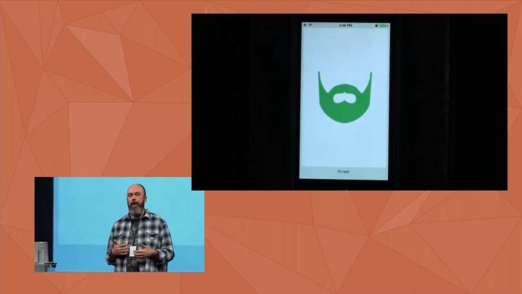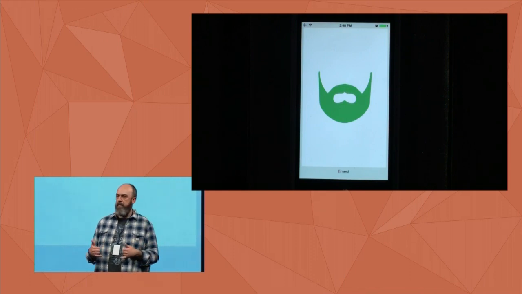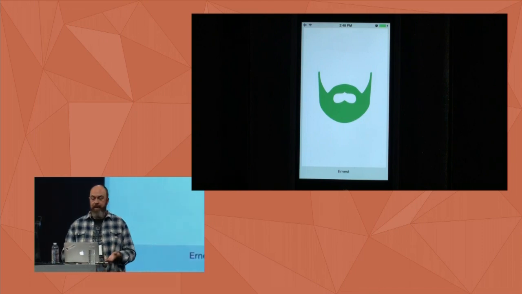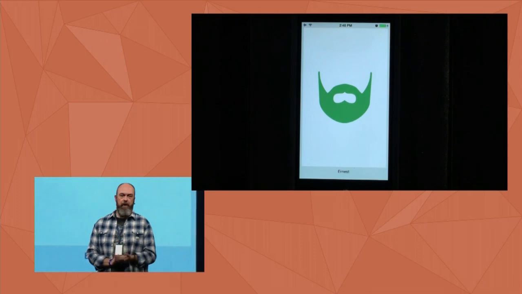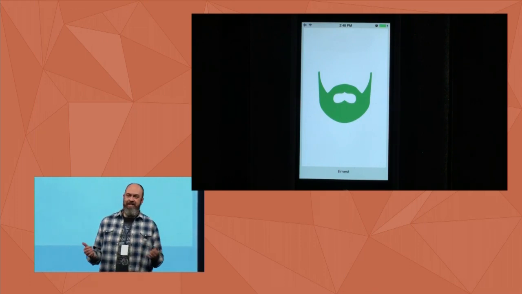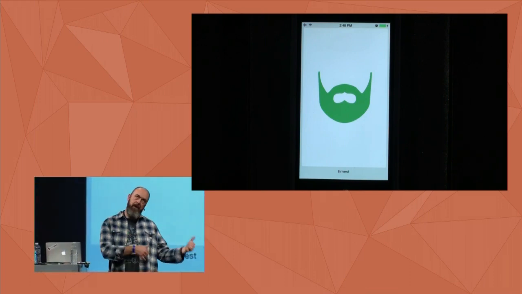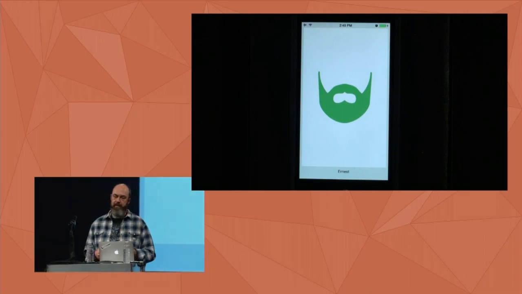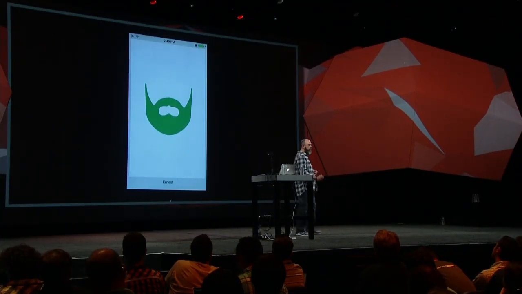So that is what happens when an outlinking application that supports app links is coupled with an inlinking application that supports app links. And it's worth noting that the Quip application was not built with bearded.im in mind, although that would be awesome. Instead, the Quip application was built with app links, and then the bearded.im application was also built with app links so that they can integrate seamlessly like this. All right, moving on.